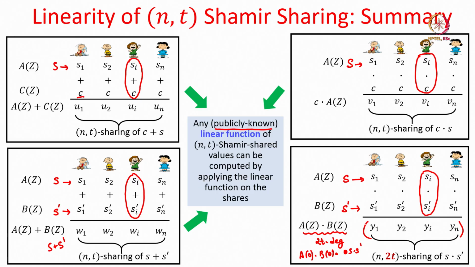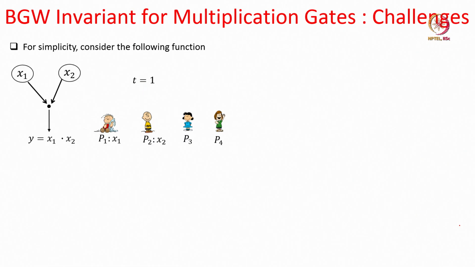So, even though this vector of shares constitutes a Shamir secret sharing of S times S prime, the problem here is that now the degree of the sharing is 2t, it is no longer t. That is one of the major problems we face when we try to maintain the BGW invariant in the BGW protocol while evaluating the multiplication gates. So, now we will discuss the challenges we face when we try to maintain the BGW